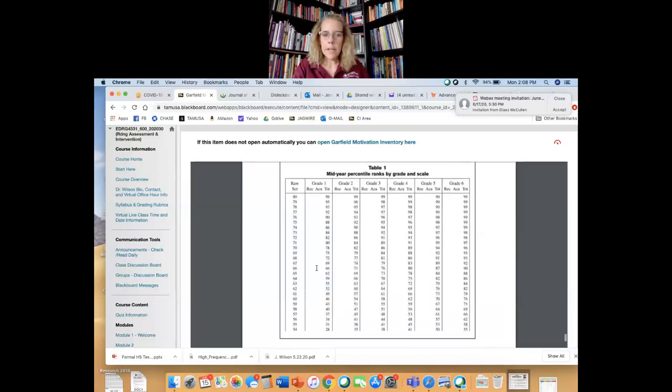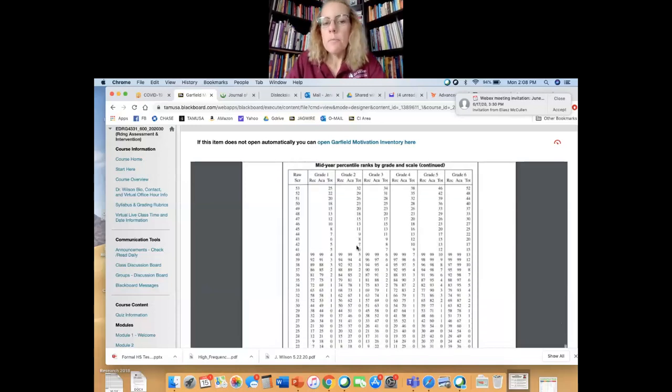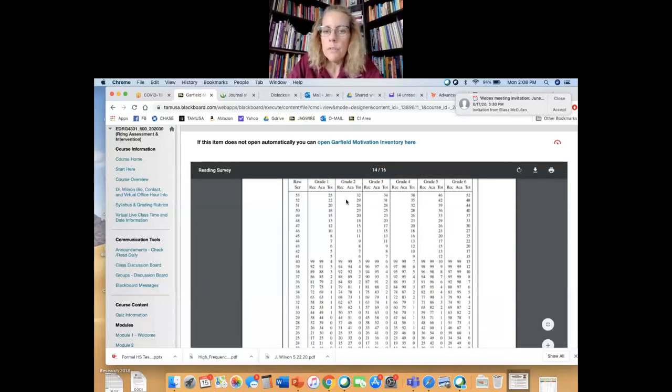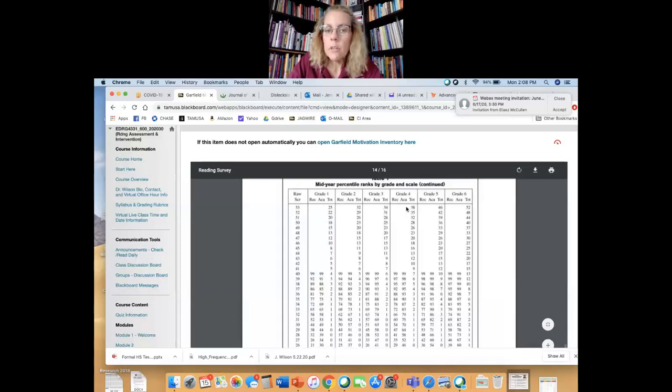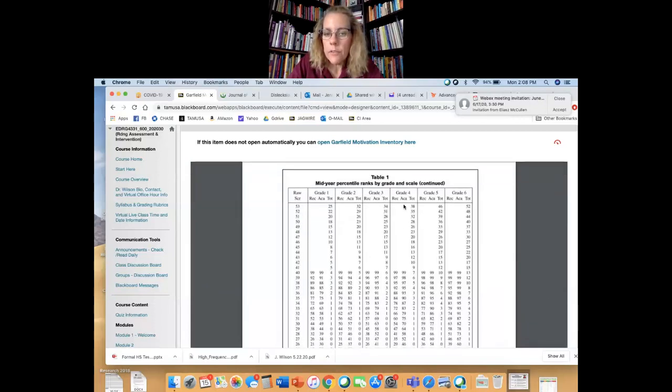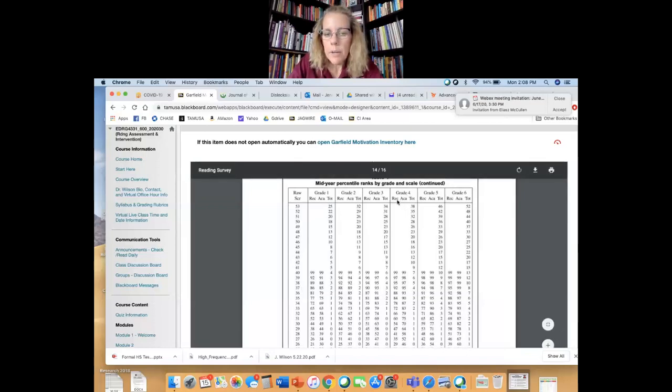All right, so here's what it looks like. Really quickly, how you read it is you have, remember, Jenny's grade 4, but you've got grade 1, 2, 3, and 4. So if the kid is in 4th grade, you're going to be looking at the 4th grade ones. Over here, you see that it's called raw score. So what you're looking for is what the raw score was for each of the areas. So you're like, okay, well, Jenny is a grade 4, and we're first going to look at the recreational. Okay, well, we got nothing down in here. We'll say that maybe she was at a 32. So we're going in here and we're looking down, and we're going to keep coming because our raw score was a 32. So when we go across,